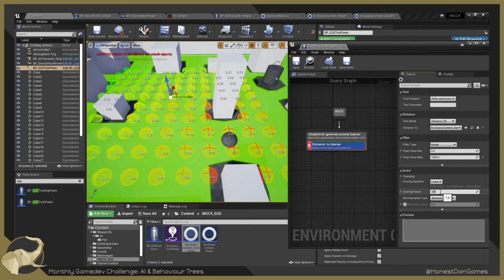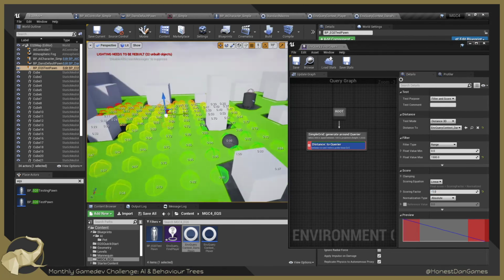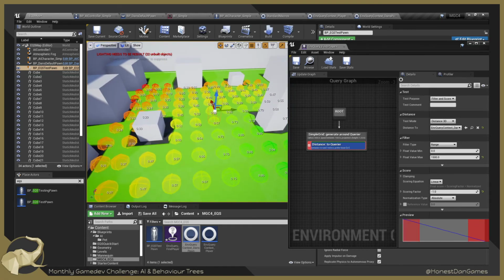Do you do -1? Yeah, okay, so you can flip it in that way. And this makes the points higher based on that threshold. I guess what we're also getting is